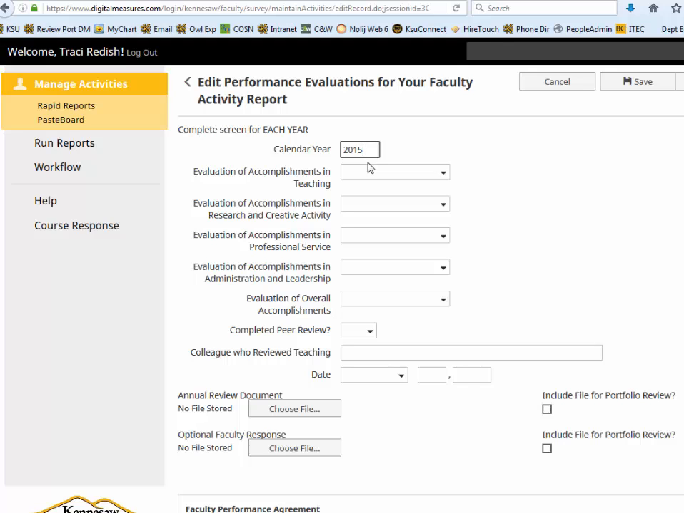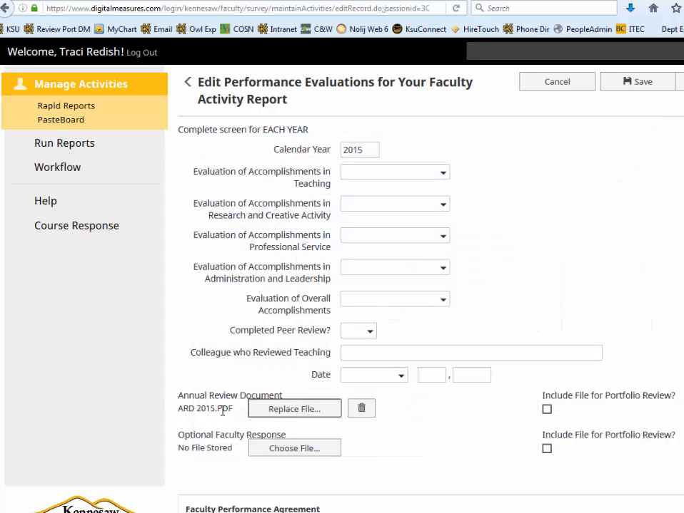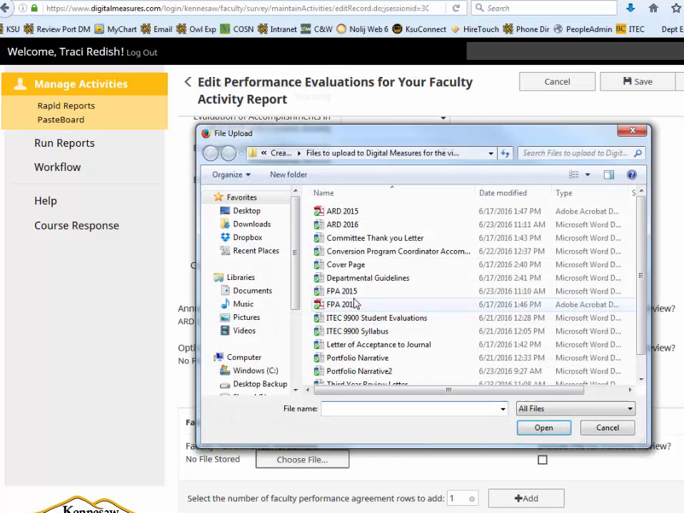So I'm just going to say 2015, and I'm going to skip all of this information. I'm just going down to put in my ARD and my FPA. So I'm going to click on Choose File, and this is 2015 ARD. So I have that there. I'm going to scroll down and go to the FPA and choose File and put in